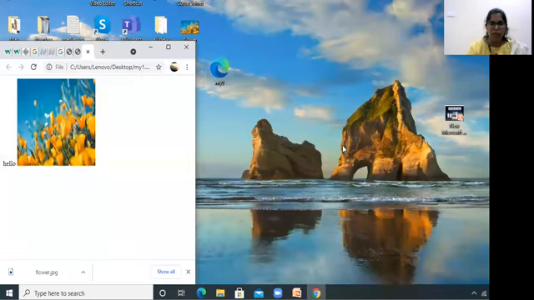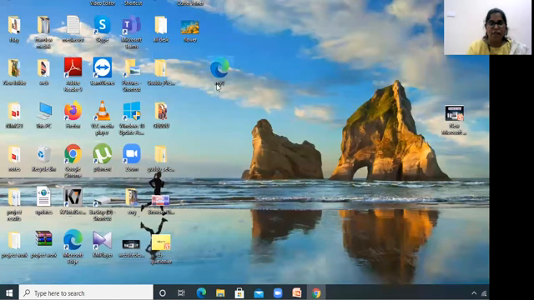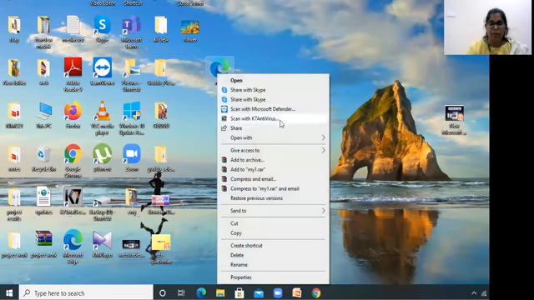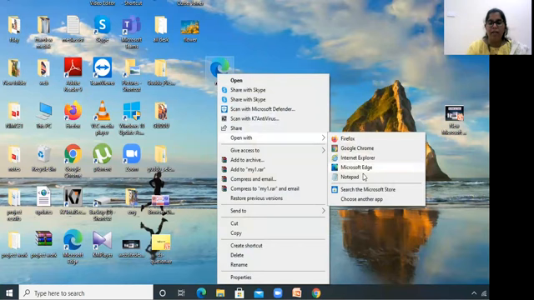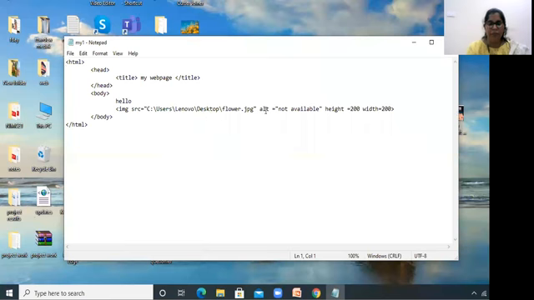I am using Chrome for that. And this is how it is going to be displayed on the output. See, this is our web page, and here the image got inserted with the specified size. If we want, we can change the size of it. Simply open the file with notepad. Just remove the size.